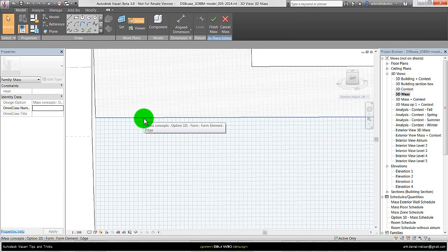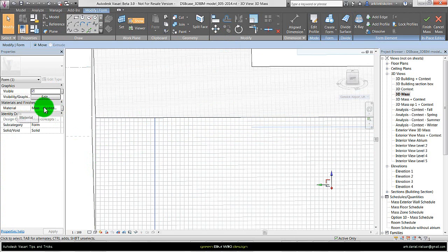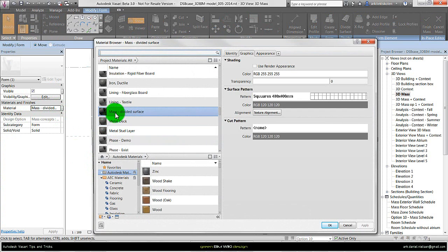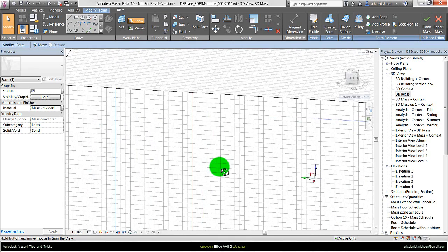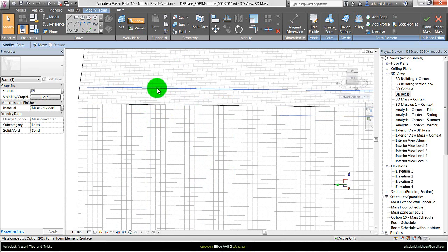to this mask. Just to show this, select the mask, and under material I have created a new material that I call mask divided surface, and this material has under the graphics a surface pattern where I've created some crosshatch that is 400 times 400. This could also be 200 or 600. It's just a number that is easy to use. So I make sure I've selected over here and press OK, and this I can snap to now when I'm